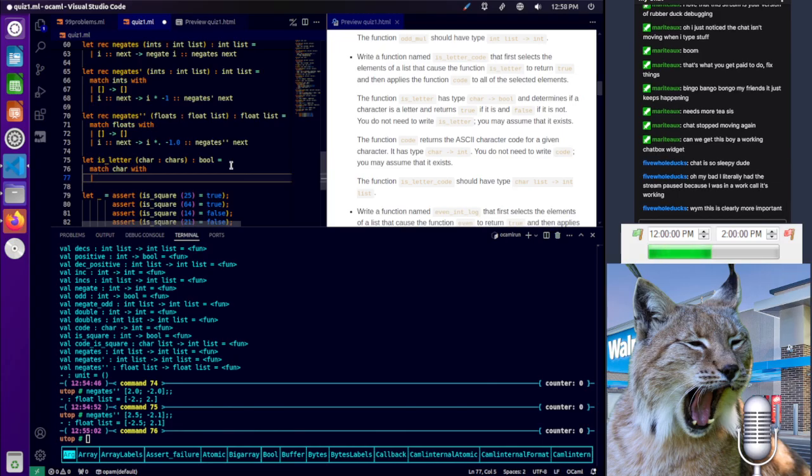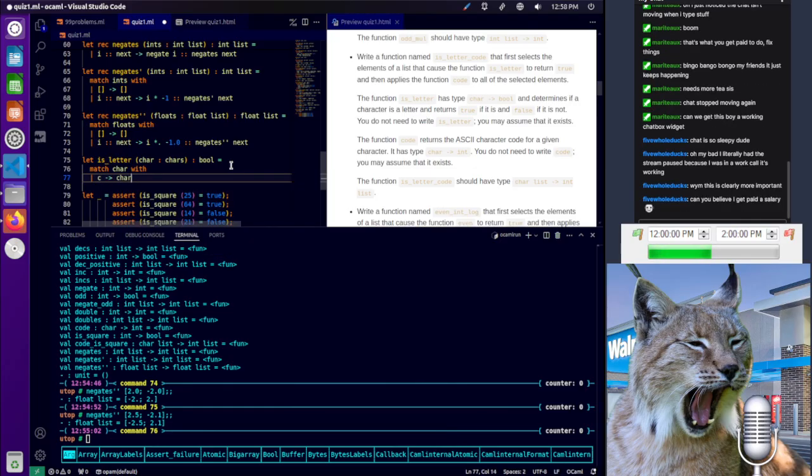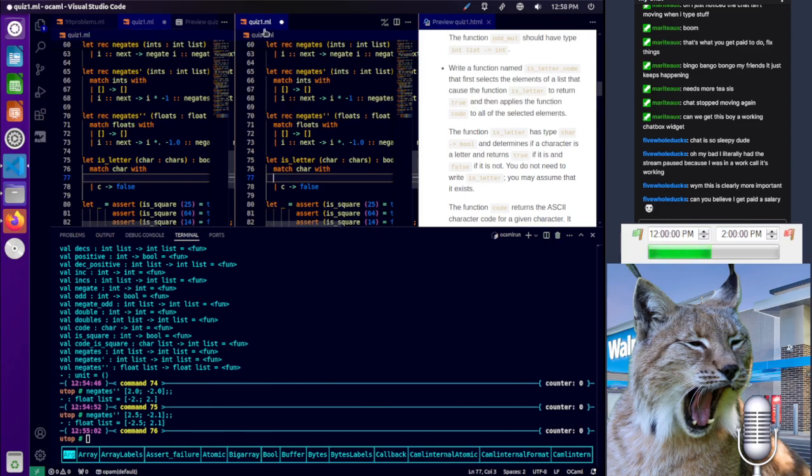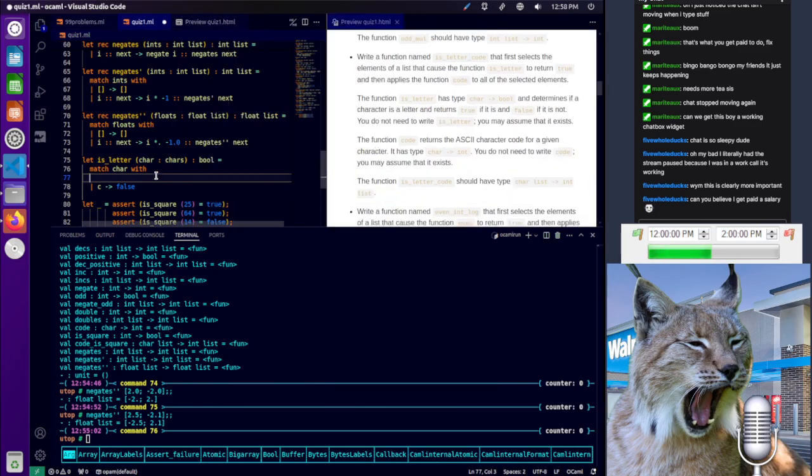Clearly more important. Look, it's skill building. All right, so isLetter: match char with C, just return false. Any other character is going to return false, and then I'm going to write some special ones for characters that